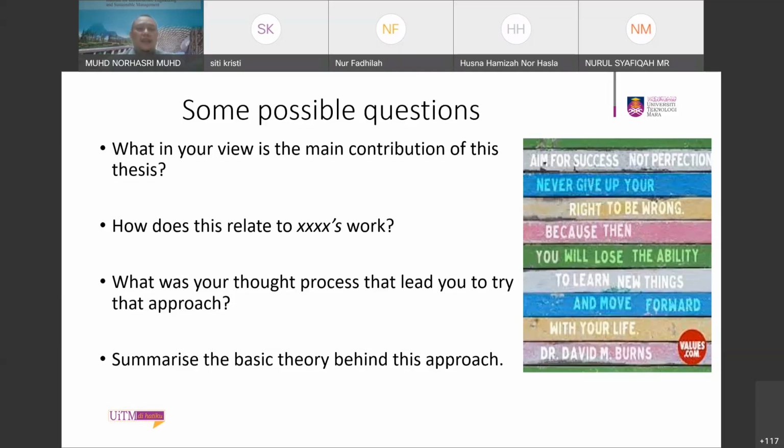Next, relationship of your work. It means that you need to check for novelty: what is the difference of your outcome, or the uniqueness of your research compared to previous research. This is the first thing that panels will see, or the first question that will be asked after you present your DRP: what is your uniqueness? That is the most popular question asked during the DRP session. So prepare yourself.